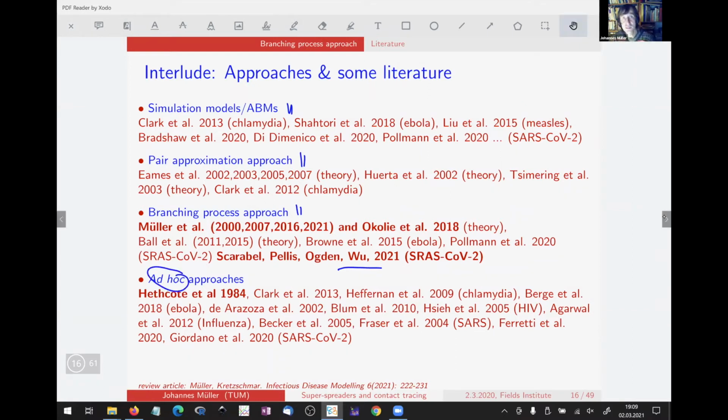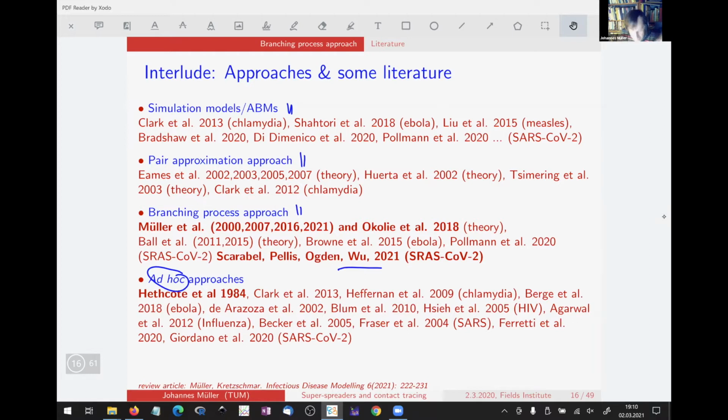So here people would write down an ODE, like the Kermack-McKendrick SIR model, and just phenomenologically add a term that's not rooted in first principles. They just claim that that would represent contact tracing. The nice thing is that these models can be readily discussed and analyzed. So they are really of value. But the disadvantage is that they are not rooted in first principles. And so we would like to have some specific idea of contact tracing and start from scratch there.